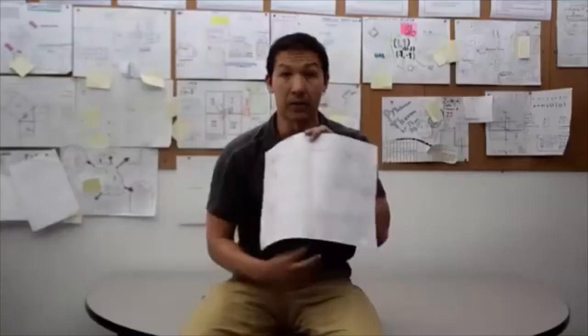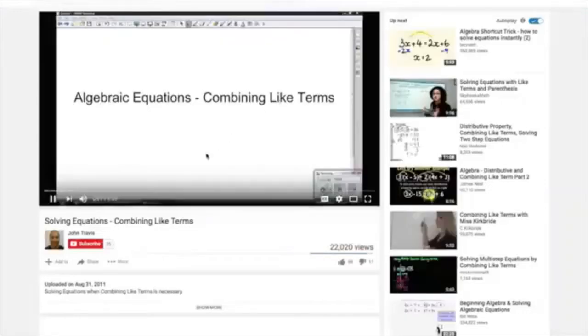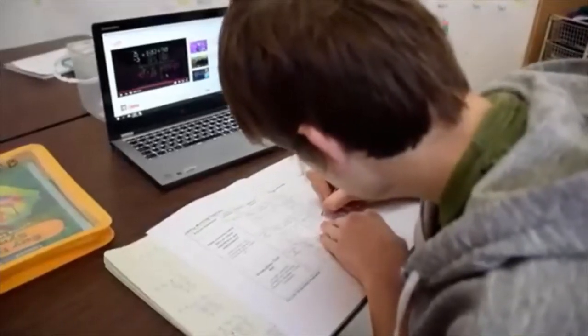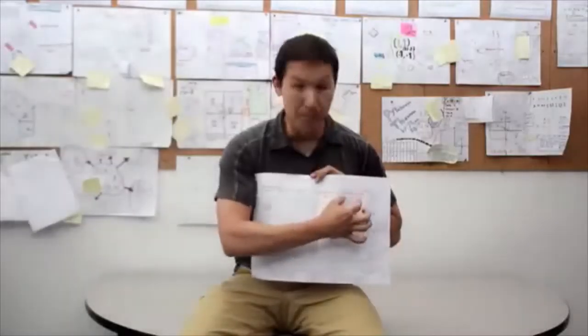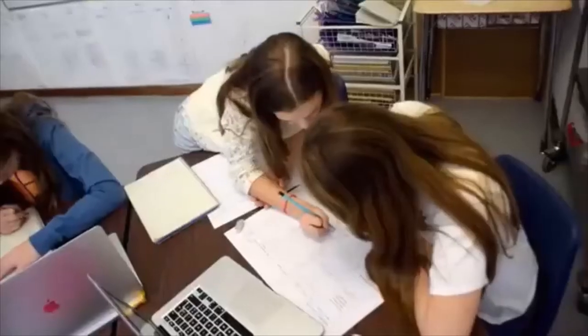Very algorithmic here. The way that it would work is there's a virtual format with this where students click at the teacher example, which is demonstrated here in this box. They would copy down the teacher example, watch it on video, and then they would do some mandatory problem. If they were good, they could move on, and the way they would move on is they would write down a model problem here. As a polished model problem, they would teach it to somebody else who would then sign